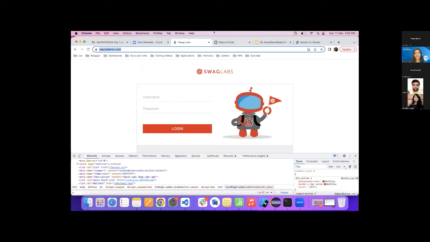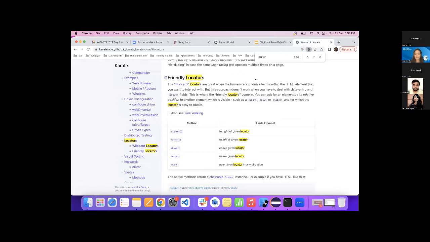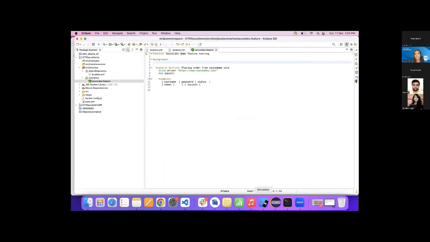So if you want to run on another browser, then definitely we'll have to specify the path. In the configure section, we are required to specify the browser that we need to test on and also the executable path. So you can place the executable in your local repository and specify the path over there. But in case of Chrome, it is picked from your Windows or maybe on your Mac from the default location, so you don't have to explicitly specify it.